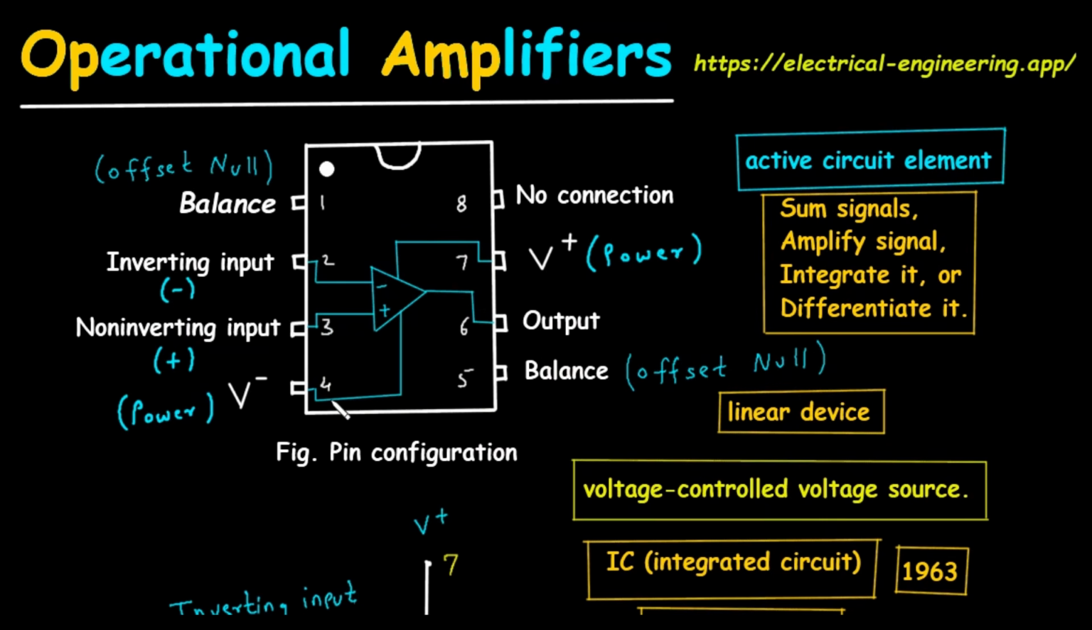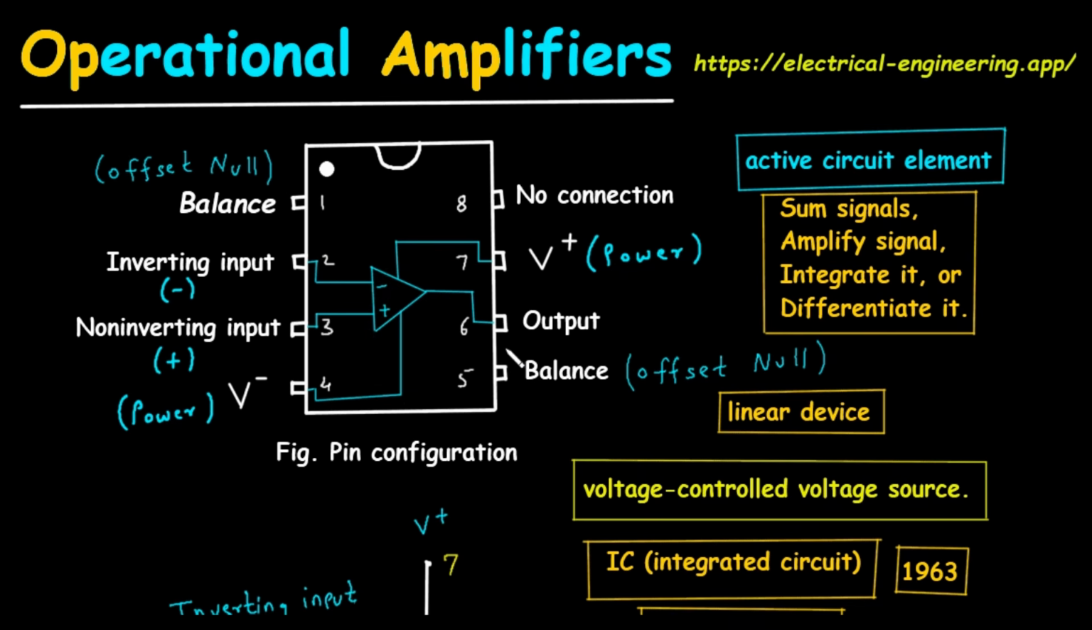So for pin number 4, it is a power. It is for power purpose. This is the negative power supply connection, often connected to a negative voltage like minus 15 volt or to ground. So this is for power purpose, because this OpAmp runs on power. Then next is